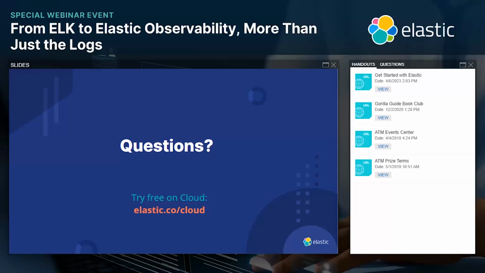Here's another question for some more detail about observability. What is observability, and how does the Elastic Stack help organizations achieve greater observability across their systems and applications? Well, in general, observability measures how well a system's internal states can be understood by examining its external outputs.